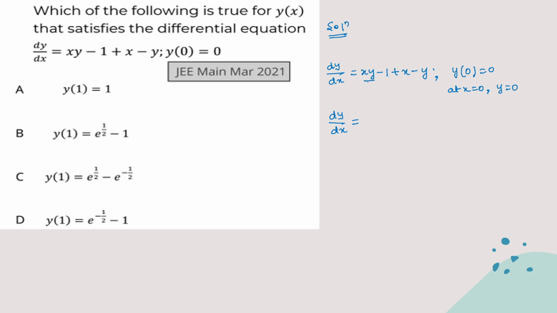Let's see. This is xy, this is y. Let's take y common from both of them, so it will become y times x minus 1. Similarly, in these two parts, this will become x minus 1. If I multiply 1 here, then we are getting two factors, that is y plus 1 and x minus 1. Now it is one of the easiest questions. Variable separable is directly working here. So dy by y plus 1, take this y plus 1 to the left side, and x minus 1 into dx, and then do the integration on both sides.